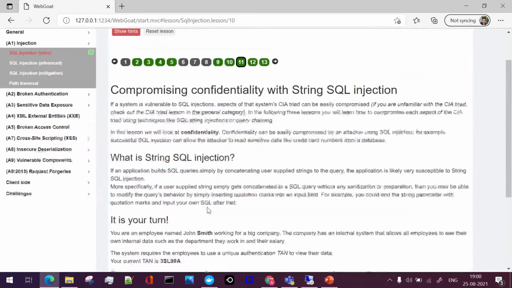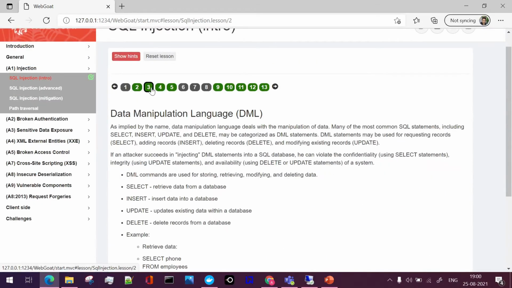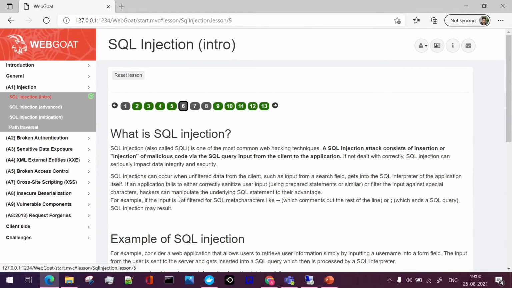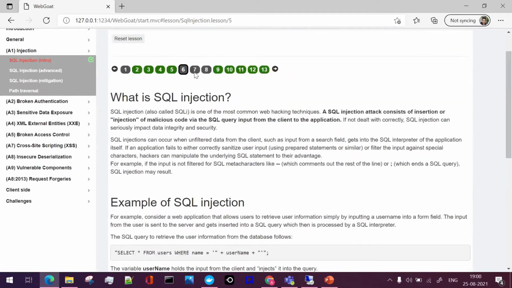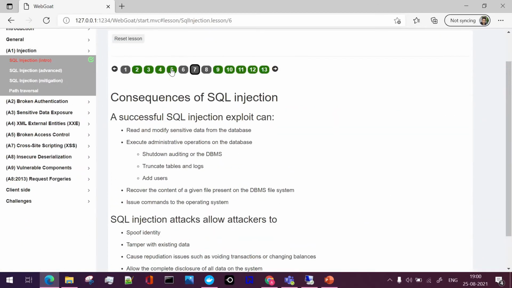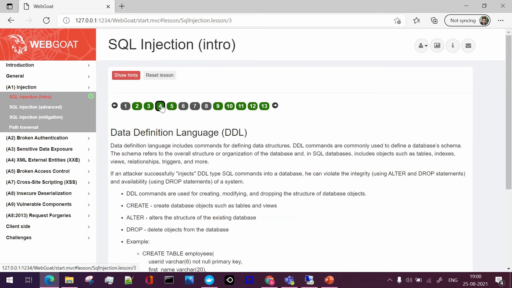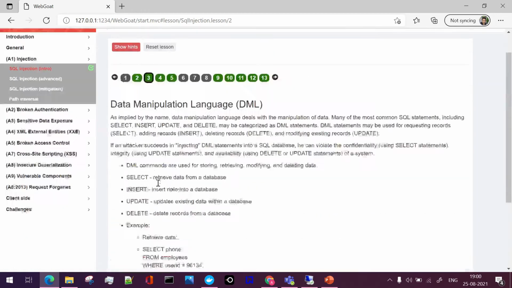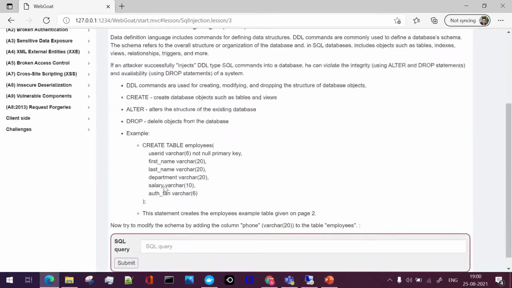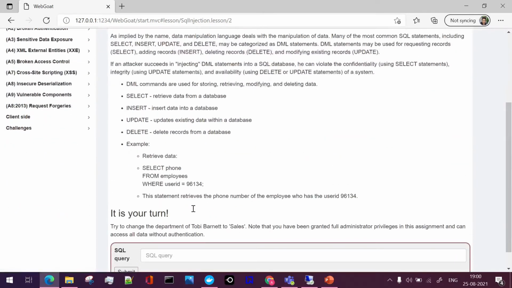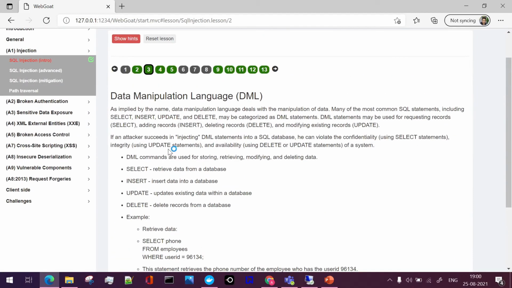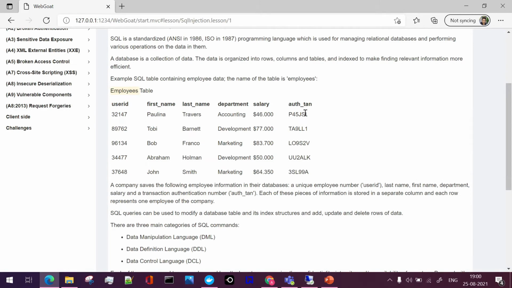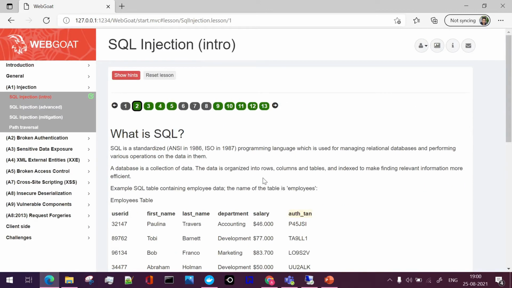It is an employees table which we have seen in the previous examples. So I guess the employees table was part of which session? Yeah, I think this one only. Employees, yeah, this one. So this is the employees table. Here we have got authentication 10.